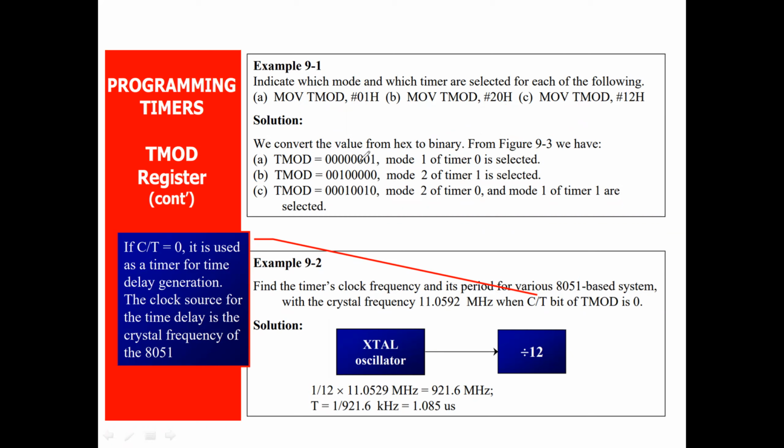So as of now, by using this particular TMOD register, you can say which timer you are using. For example, here we will take timer 0, mode 1. What is this particular bit which tells you it is a timer or a counter? Since I have placed 0, I'm going to use it as a timer. Here it is another 0. I'm going to run this timer in software mode. No external hardware is going to control your timer. This you must know.